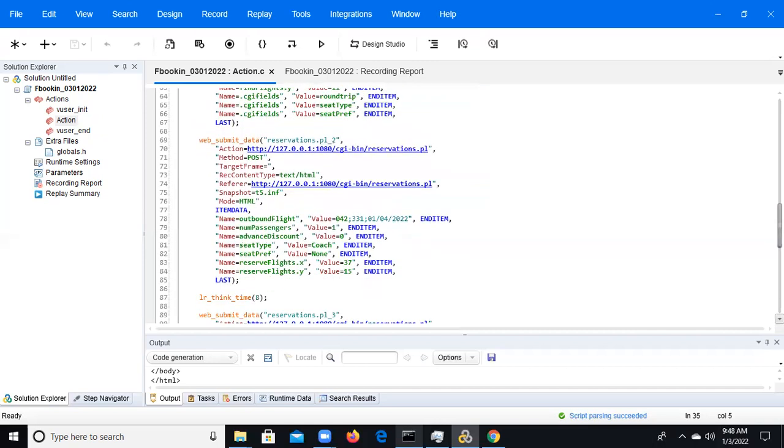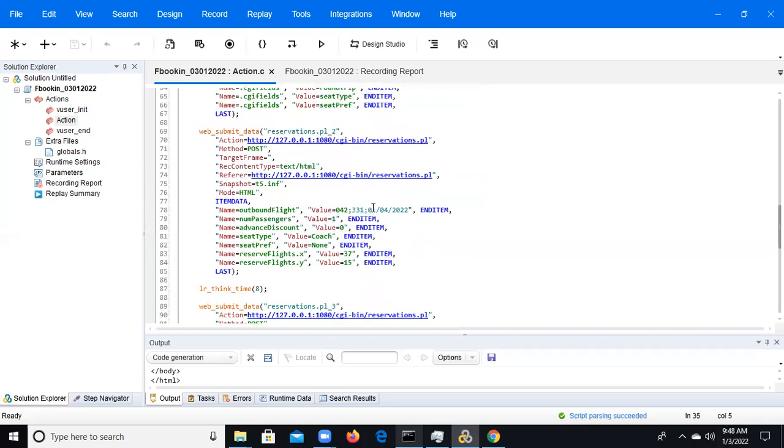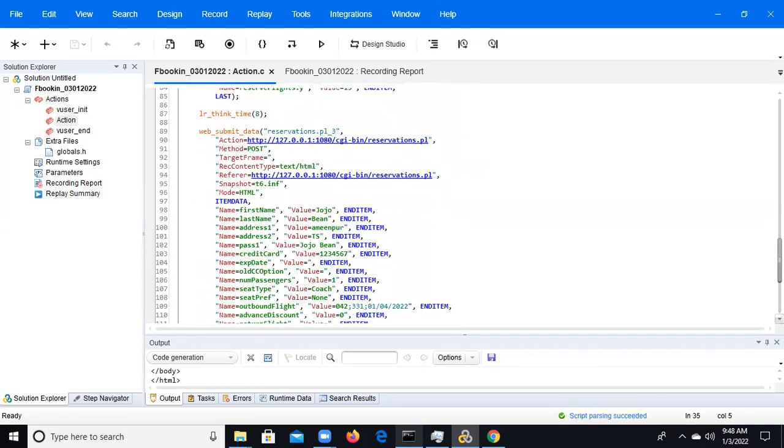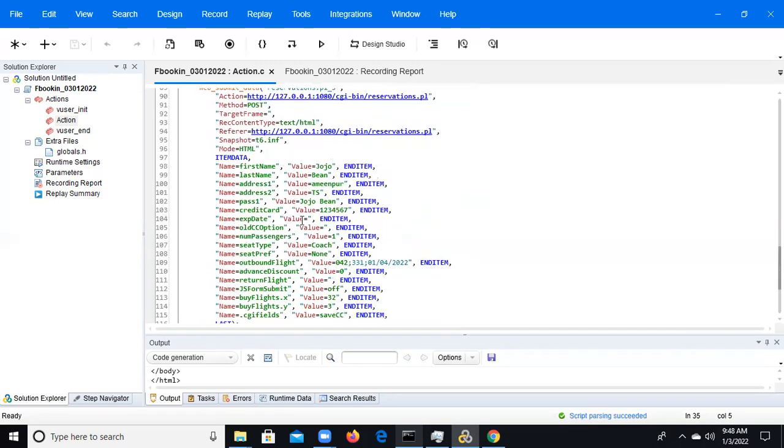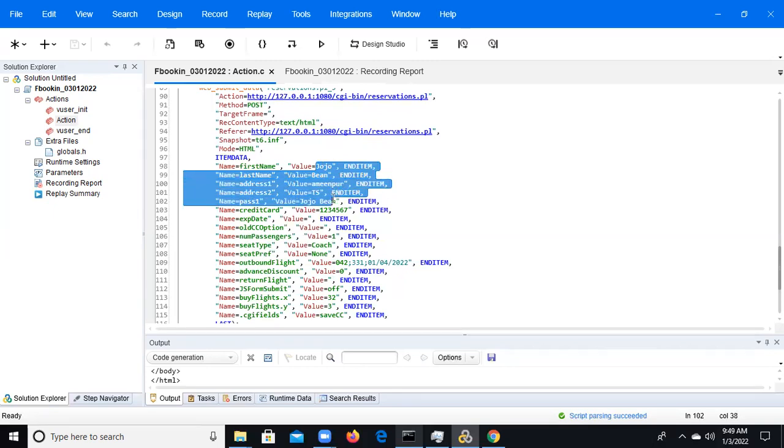Then here also we are selecting a flight. After that, in the reservation page, we enter the first name, last name, address 1, address 2, passenger names, credit card number, and the date. Everything here can be parameterized. So what is parameterization?